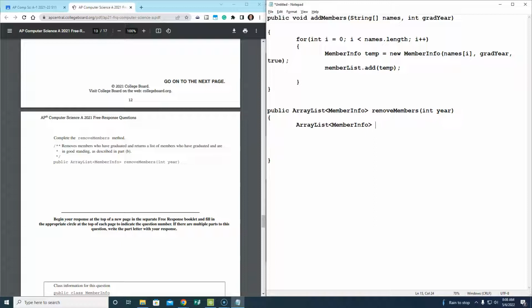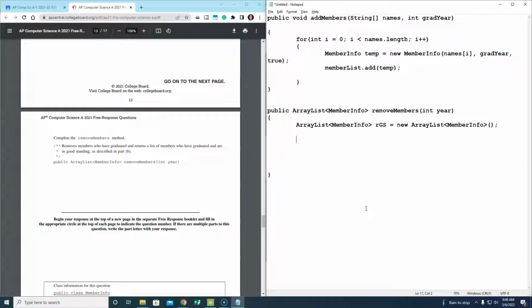I'm going to say RGS, removed good standing, equals new ArrayList of MemberInfo. So I've declared and initialized it, because a local variable won't initialize itself. If I tried to add, it wouldn't even run the program, because it would say, hey, RGS may not have been initialized. Okay, so now I have to